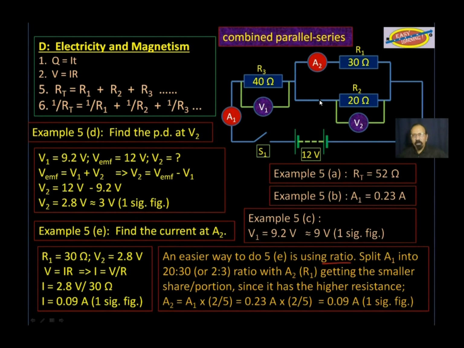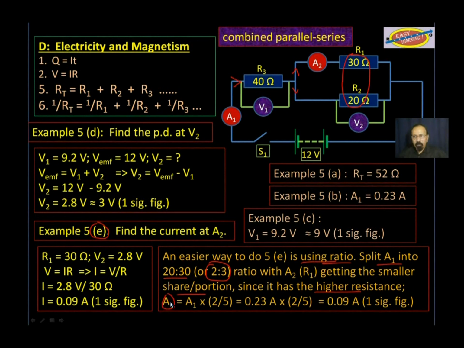There is an easier way of doing this part E that we just did, where the current that comes here, part of it goes there and part comes down here. We can use ratio. If we split that current into a 20 to 30 ratio, which is the same as the 2 to 3 ratio, with A2, which is the current that goes through R1, getting the smaller share or portion, since it has a higher resistance,